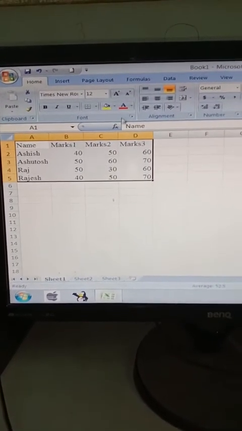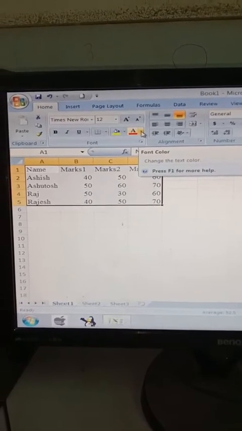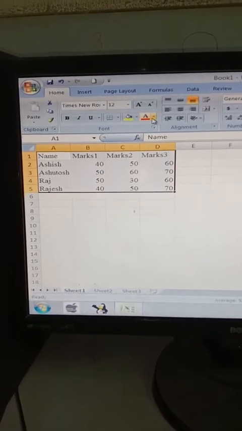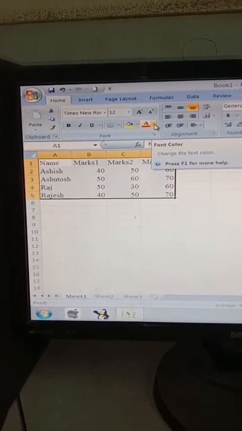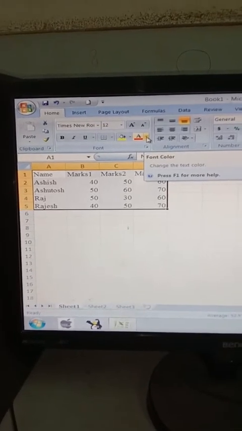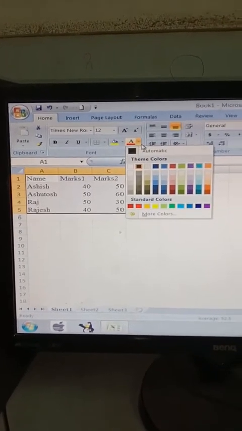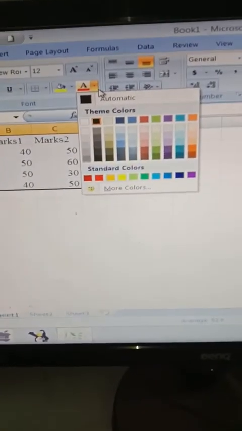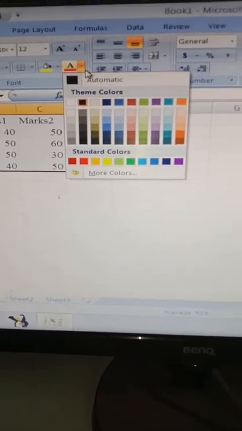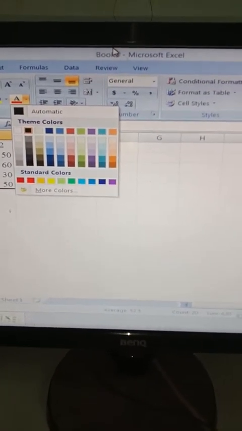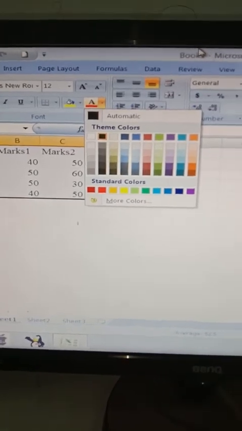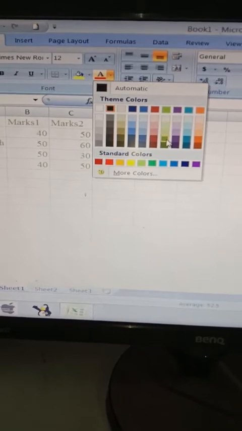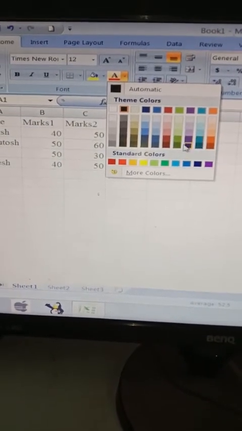Now changing the font color. In order to change the font color, what we have to do? First of all, we have to select the text, like as I have selected over here. Now move to the font color option in the font group. As soon as I left click over here, look, the font color options are appearing over here. These are the different types of font colors that are available. I can select any of the colors from here. As soon as I bring the cursor to any of the colors, the selected text gets changed accordingly.